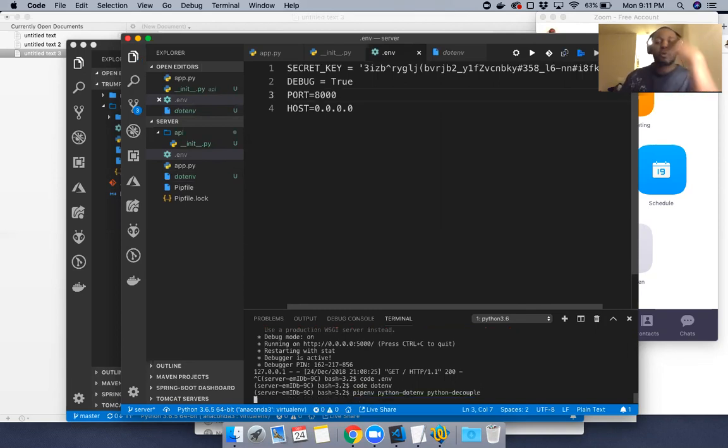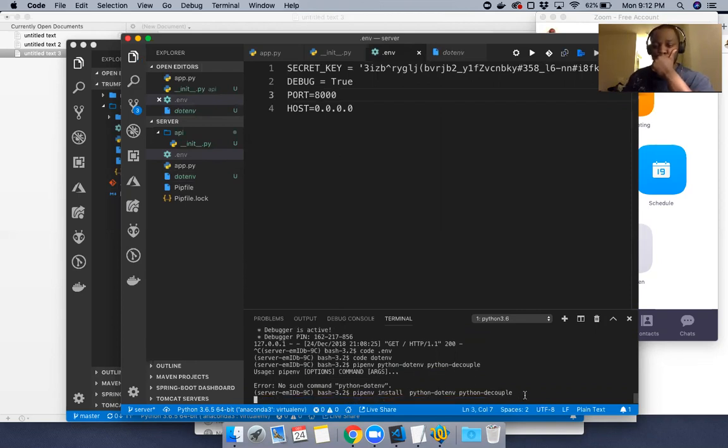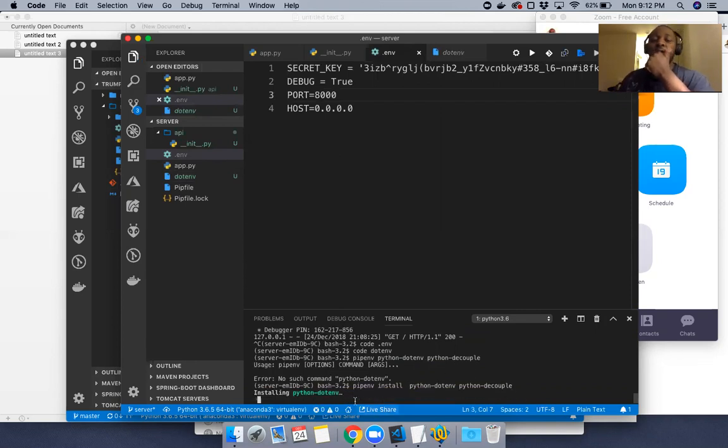These two things are going to enable me to read these environment files. I forgot to put in the installer. Am I forgetting that? All right. While that's installing,